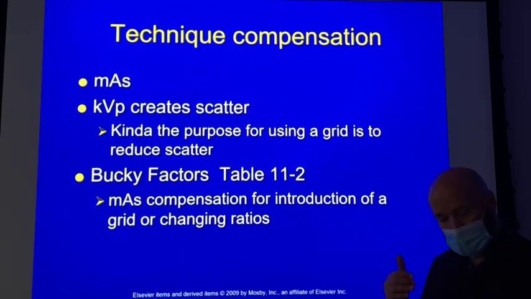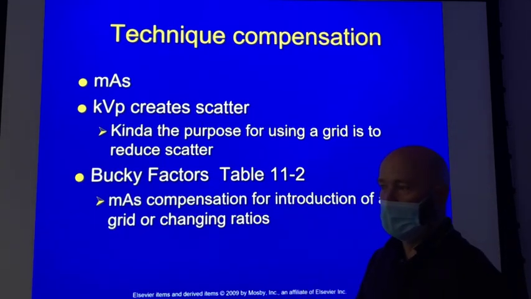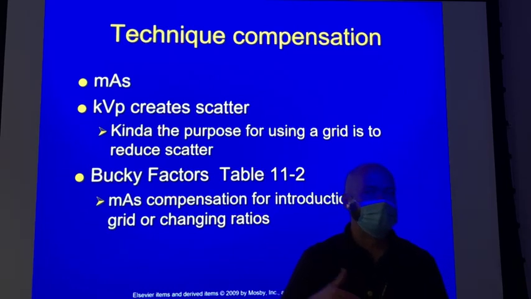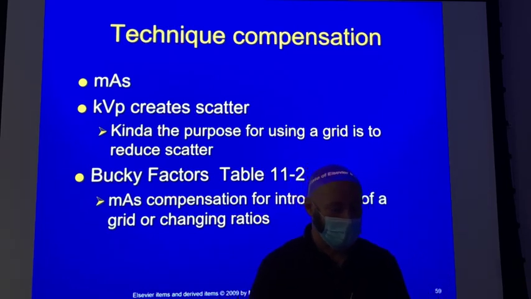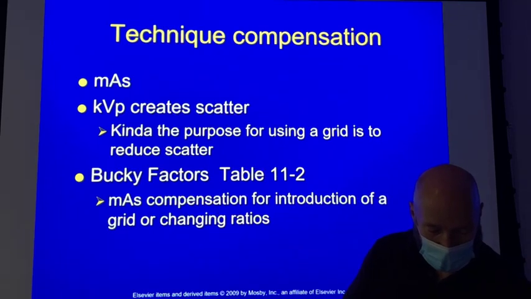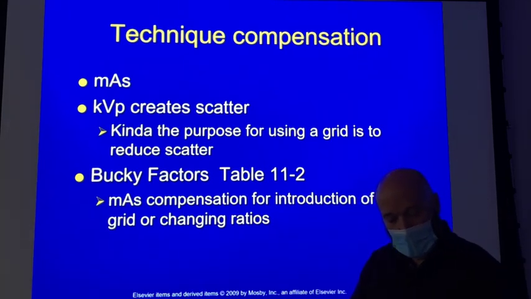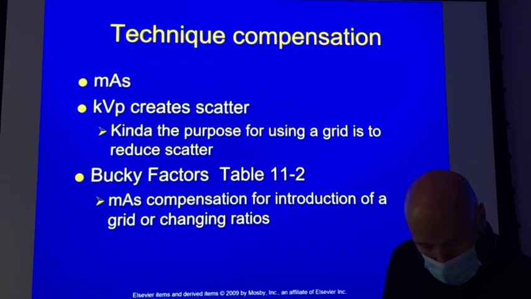And then you've got what they call Bucky factors. That Bucky factor represents how much of a change in mass you need to compensate for each one of those. And notice at 70 kVp, your Bucky factor for an 8-to-1 grid is 3, 12-to-1 grid is 3.5, and a 16-to-1 grid is 4. But if you go up to 120 kVp, what's your